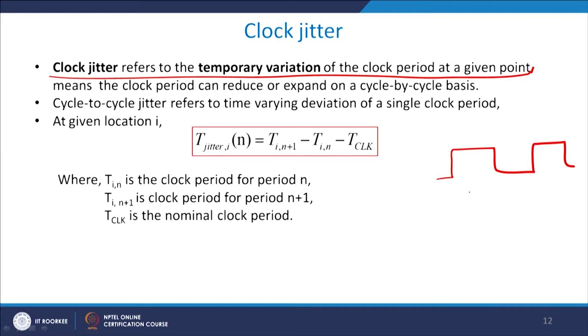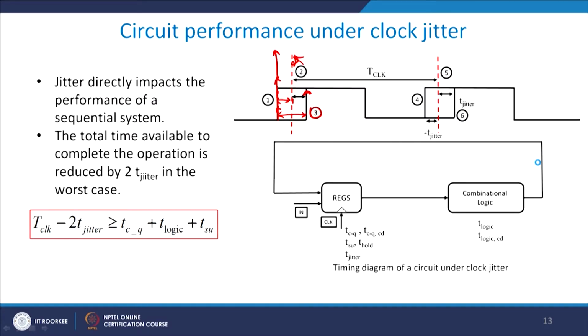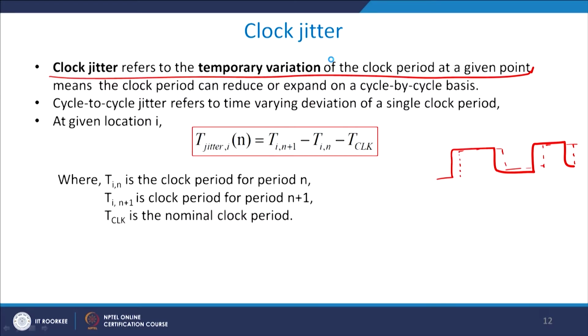Now, because of some problem, which we will discuss later on, everything has shifted by a particular phase from this side to this side. As you can see, the shift is there. This was initially here, and it shifted here. Therefore, cycle to cycle refers to time varying deviation of the single clock period. So, you had a single clock period of capital T. Now, because of cycle to cycle variation in the jitter, your new value at location I will be given as